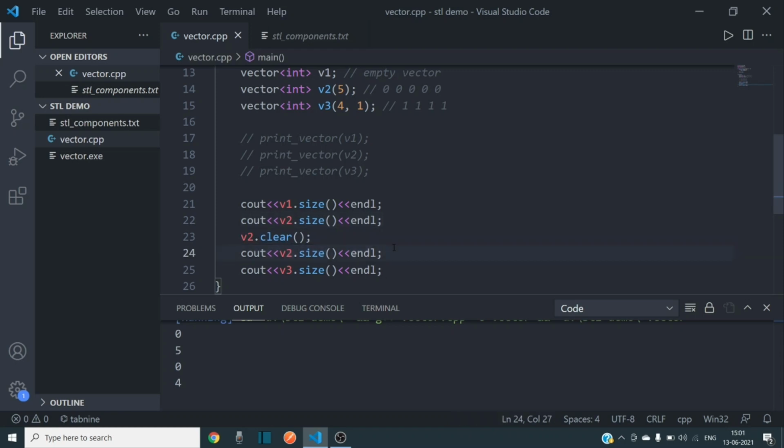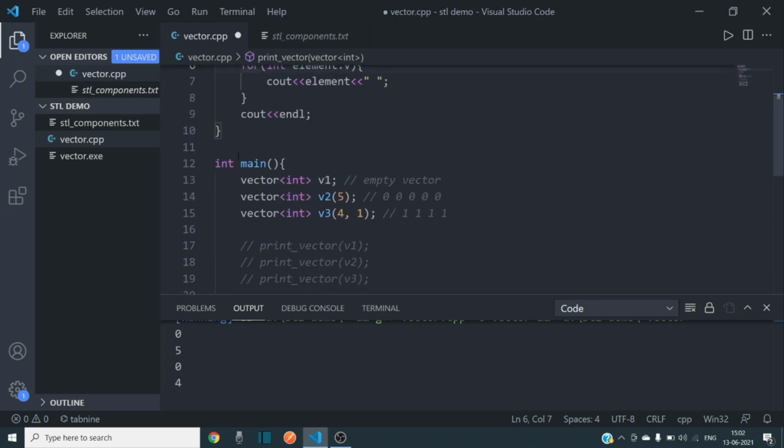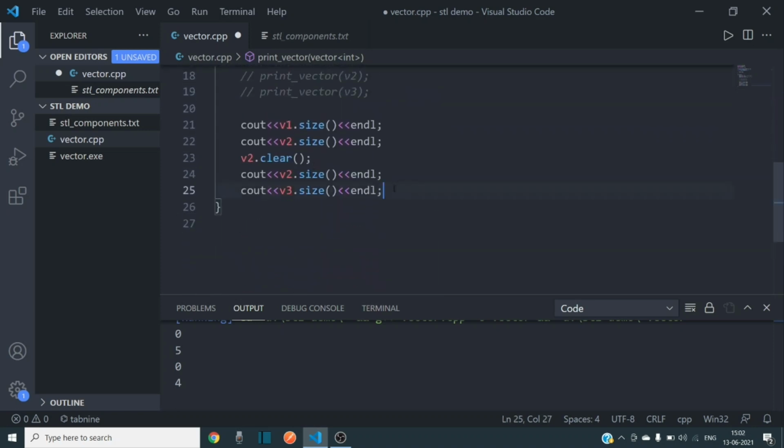Now how can we access a vector? A vector can be accessed using a for loop. Here you can see it is a for loop in which we just have to specify the type. We can specify int because every vector is of type int. It will be iterating over the vector, and during each iteration the element means the current element in that vector and we can just use that. If we don't want to use it, we can specify just how we used to specify for arrays. I will be clearing that.